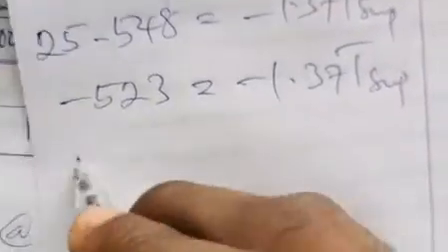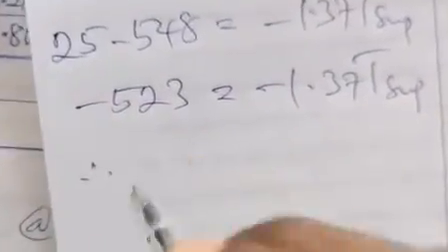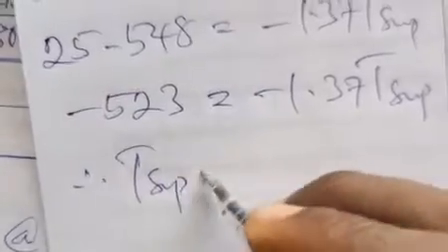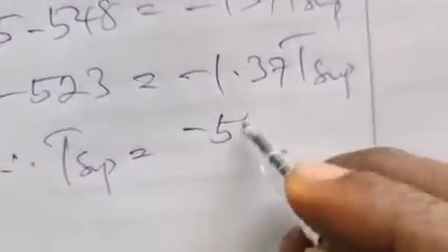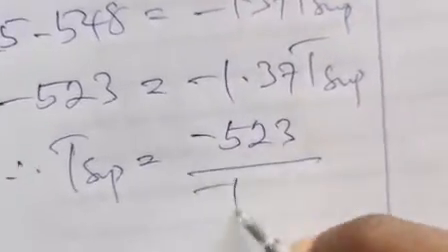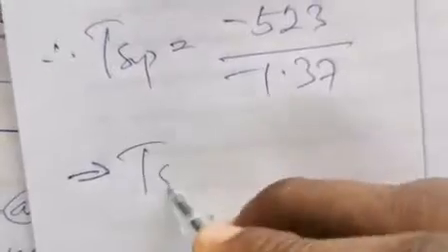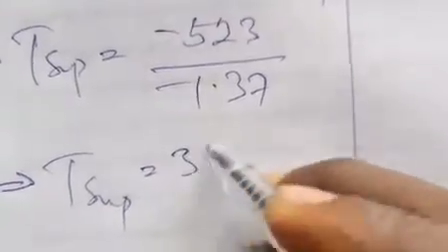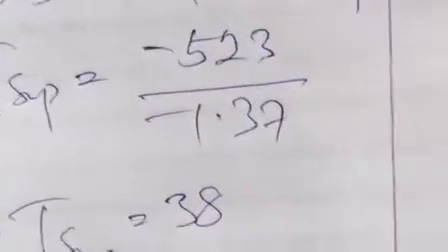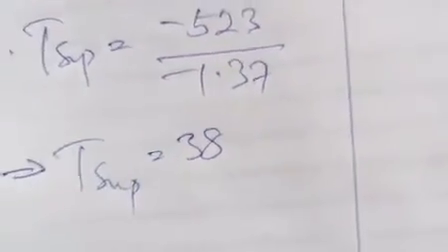We can make T superheated the subject by dividing both sides by minus 1.37. So minus 523 divided by minus 1.37 implies that T superheated is equal to 381.75